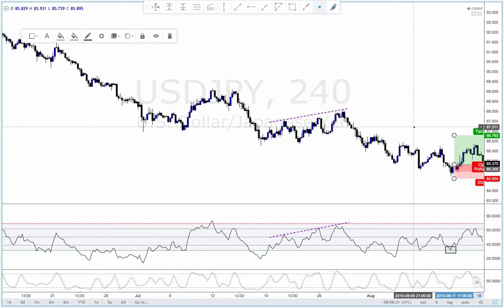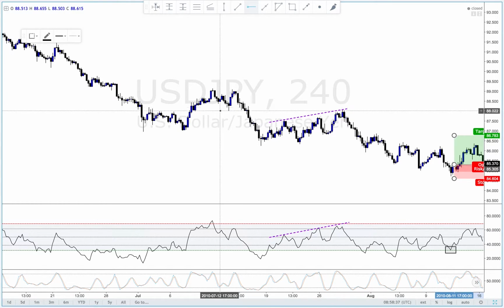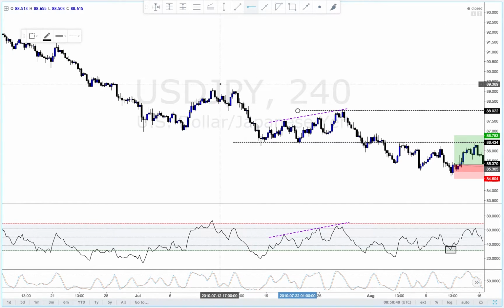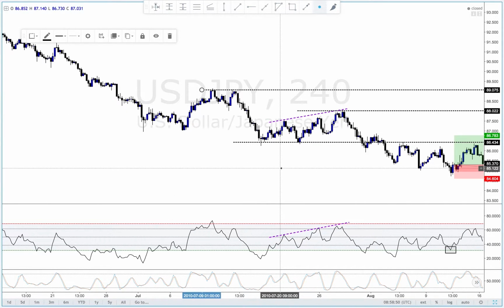Okay. Target. We'll target these levels. Looks pretty good right around there. Let's say there. And long target there. Okay, so based off of divergence,